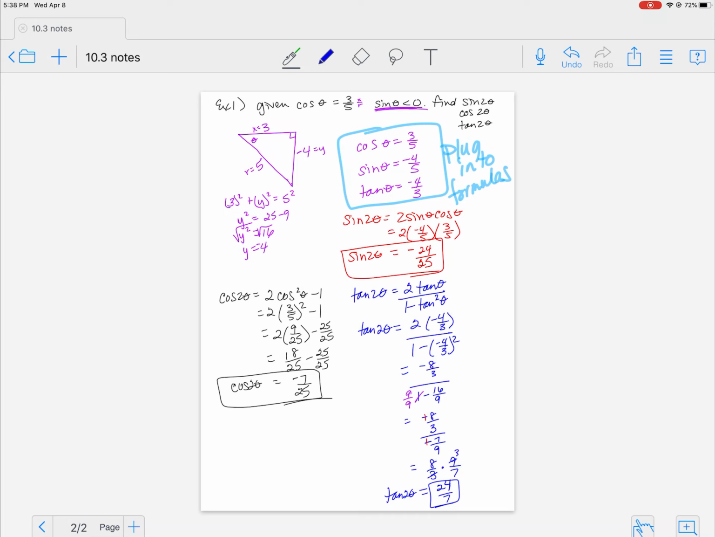All right. Literally plug into the formula. The biggest thing here is you take the information that you are given. With this information given,